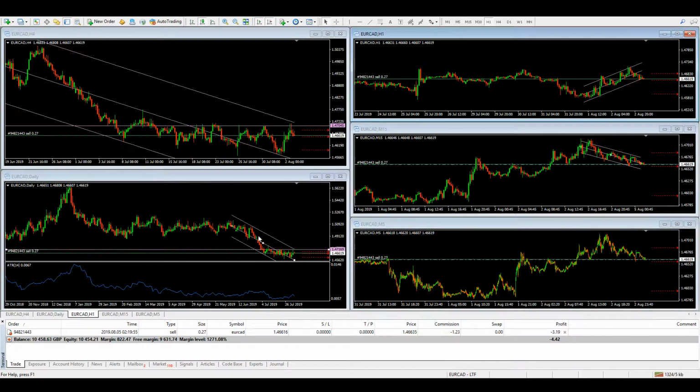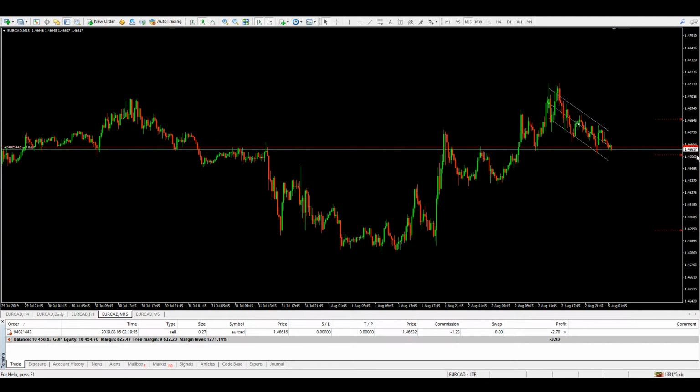But with this, even though we've seen this kind of warning sign on the hourly, I'm happy enough with the overall signs that I've seen on the higher time frames, on the daily, on the 4 hourly, as well as the 15-minute here, where we can see that it's making these lower highs and lower lows. Same thing on the 5-minute. So if the price were to break through this support, which is what I'm anticipating, then it would be ideal. That would at least give me further confidence that the price could be bearish, and kind of vindicates the entry that I made.